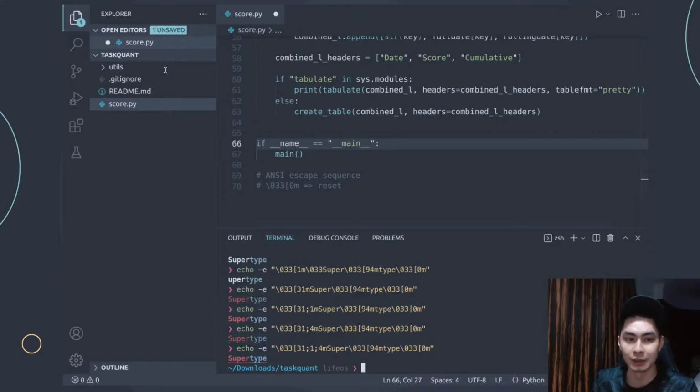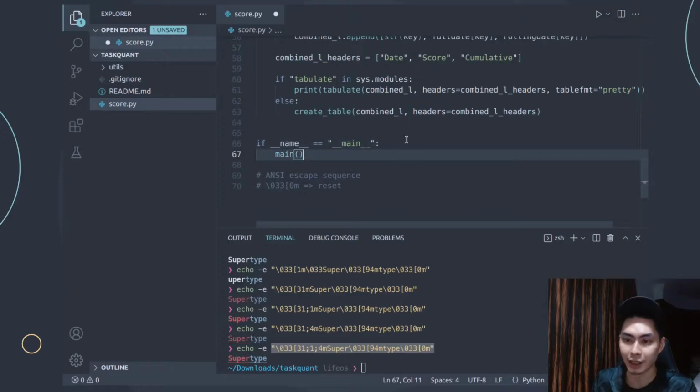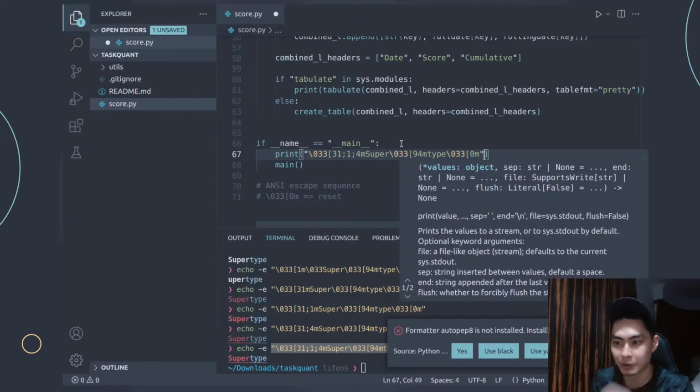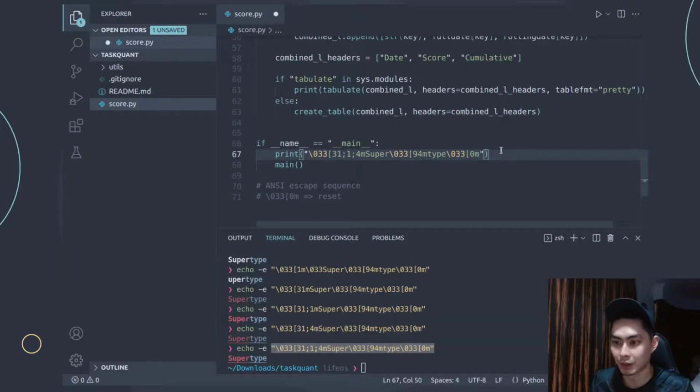In Python, the syntax is a little bit different, but it's largely similar. So what you see in here, I can take all of this, copy that like this, and go into my script and do a print statement. You just have to put them in quotes. I already did them, so you're just going to put them in quotes like this, and not even have to worry about that. So what you see now is a print statement with the text up here that I just copied without the echo. Save it,